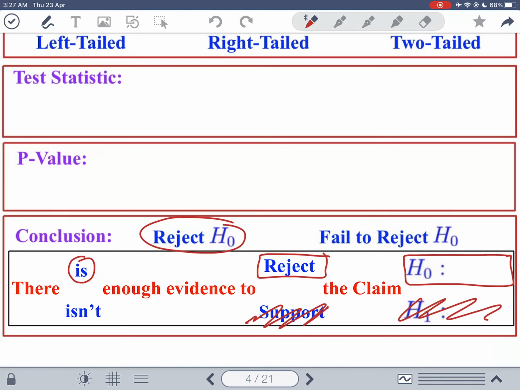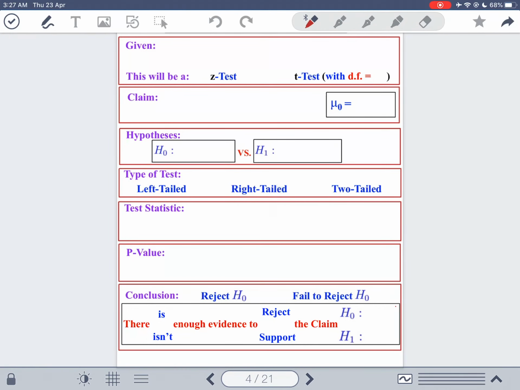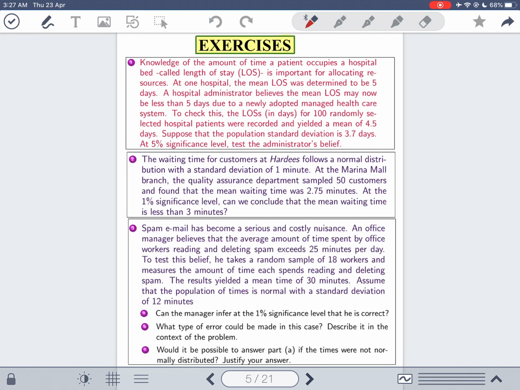So if you reject H0, it goes with there is enough evidence to reject the claim H0, and so on. You will see when I solve the questions today that we are going to use all of these different things. Now the exercises, if you remember, there were exactly 11 exercises